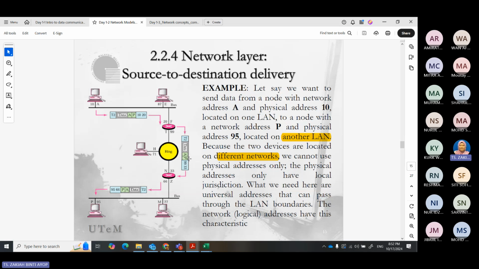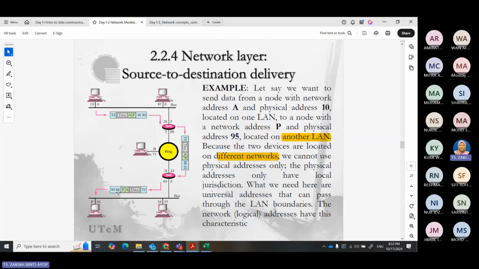A and P don't change. By the time it reaches N, it determines, okay, you want to send to P, and I know that address. So I would change it to, sorry, not Z, 66. 66, and then the destination MAC address should be 95.